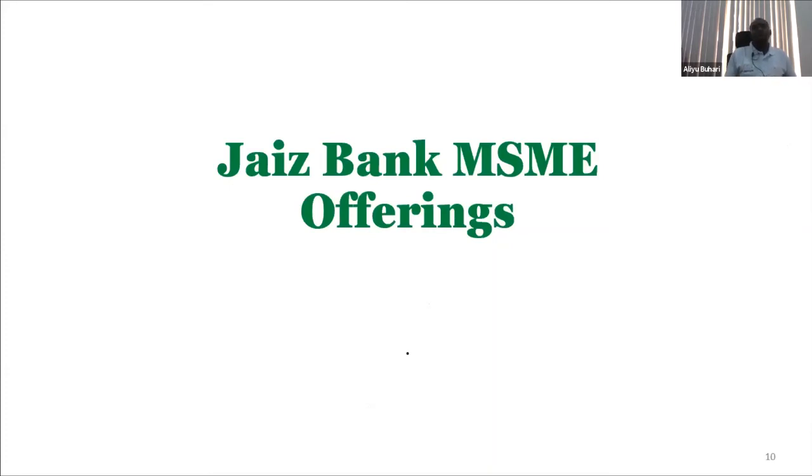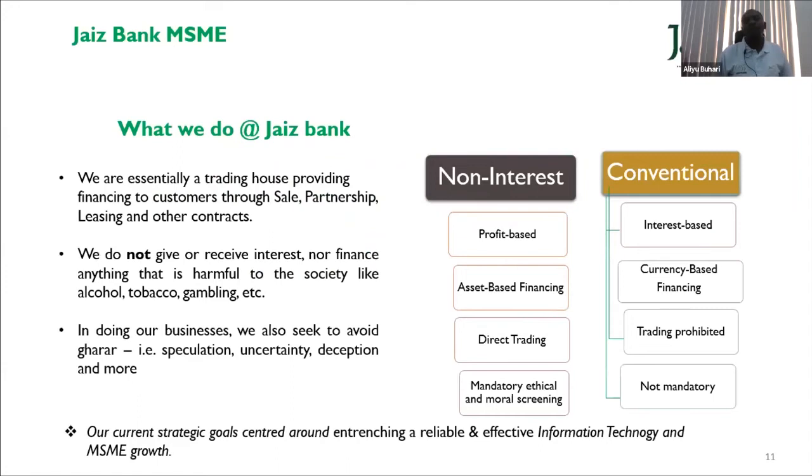We have the One Product, One Local Government program, where they support different businesses at that level of the economy. We have the conditional cash grant, and then of course we are currently talking to them about a matching fund, which will be at a single digit as well, to support businesses in the agri space. These are all opportunities that will be coming as a result of our partnership with SMEDAN and other government institutions. So we have others as well, but for the purpose of these discussions, we will now discuss the Jaiz